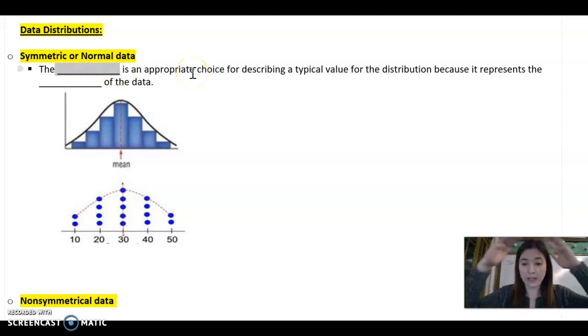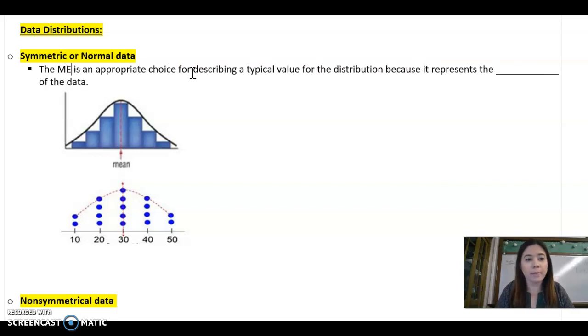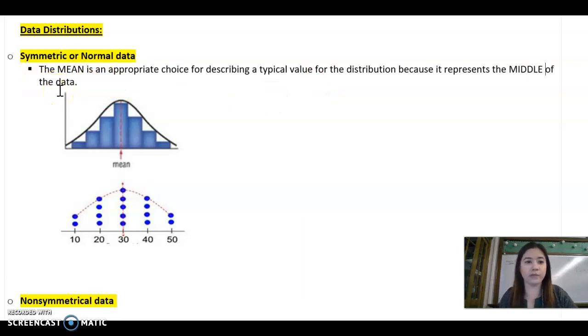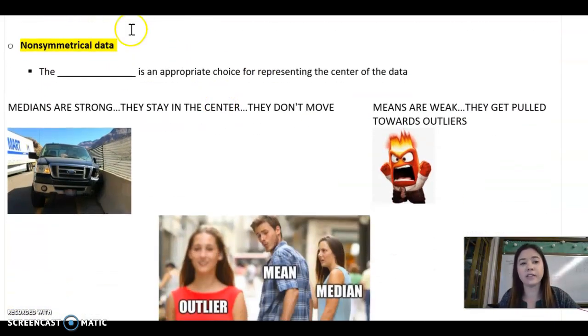When we have something symmetric and nice and pretty and even like this, we use the mean as an appropriate choice for describing a typical value for the distribution because it represents the middle of the data. So for symmetric, we use the mean to represent the middle. When we have this nice pretty curve, we use the mean because it is right smack dab in the middle of our data. Now, non-symmetrical,